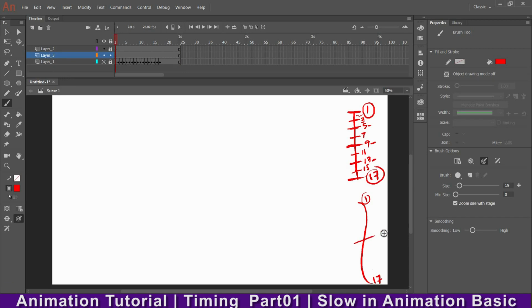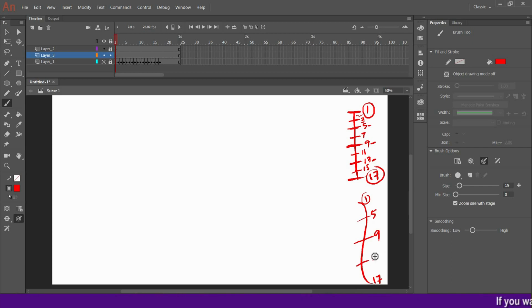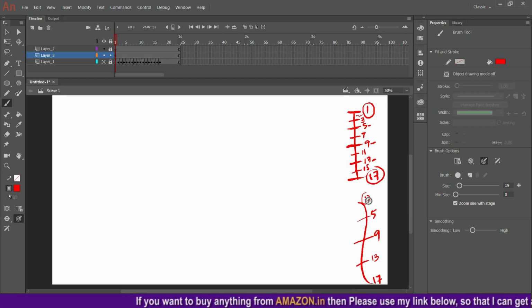So here first I'll draw on frame 9, then in between I'll draw 5, and here also in between I'll draw number 13. So I want the ball to come in fast and stop slowly. That means slow in. While stopping, it should decelerate the speed and come down to stop.